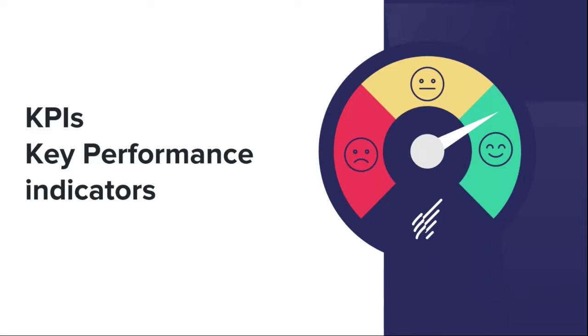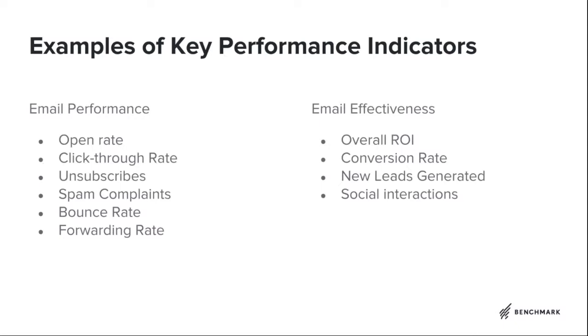So we were mentioning KPIs a minute ago, and these are the key performance indicators. Lisa was mentioning a really great point: when we think about these key performance indicators, think about the overall goal of your email campaign. What's the story that you're telling? What's the narrative? How are you guiding your customers or subscribers, and where are you guiding them to? Are you trying to get them to sign up to something, purchase something, or just providing information? Really think about that, and that's going to help you understand the attributes of your campaign that are going to indicate performance, whether it's good or bad. What are those pivoting points? We have a couple of key examples here.